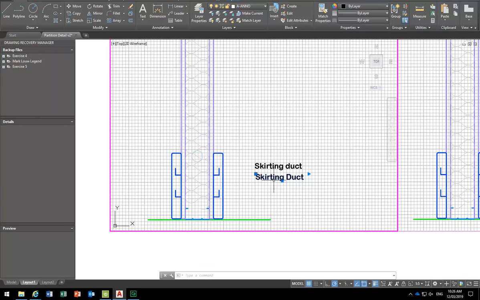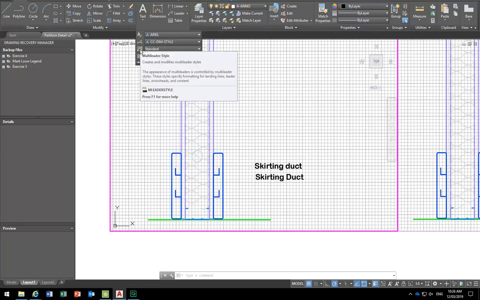But I wanted to show you as well, if you want to get text that has a leader, how you do that. So have you done leaders in AutoCAD before? Yeah, leaders. So under annotation, below you've got text style, and then you've got dimension style. I'll come back to that next. But then below that you've got leader styles or multi-leader styles. So if you click on that one,